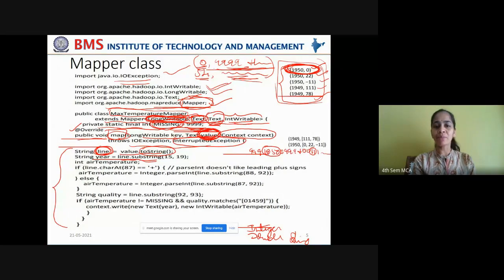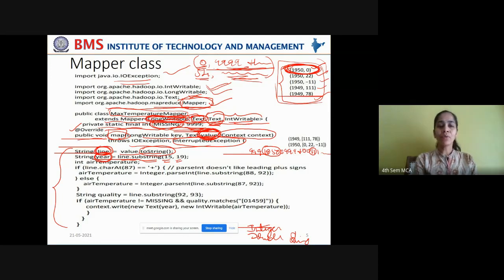From the 15th location to the 18th location, one location before the endpoint given here. So 15, 16, 17, 18. The year is in 4 digits, right? That year is picked as a substring from the main string line, and it is stored in the variable year, as a string again.